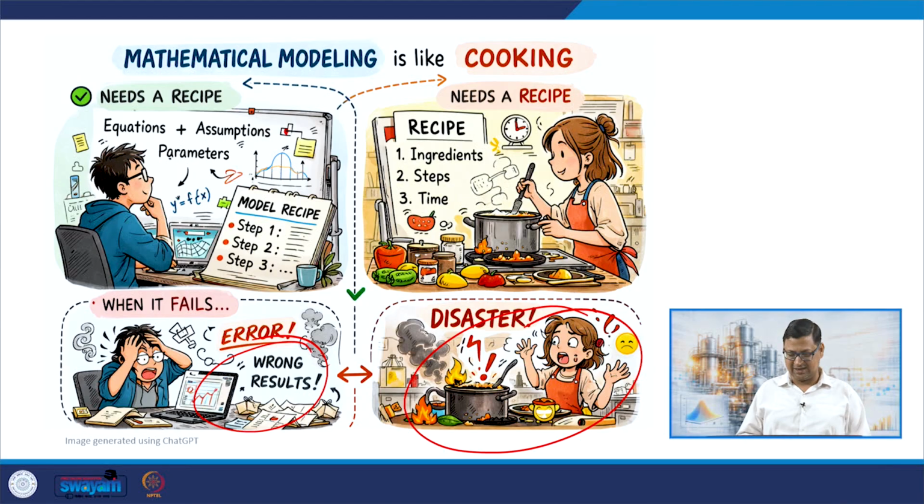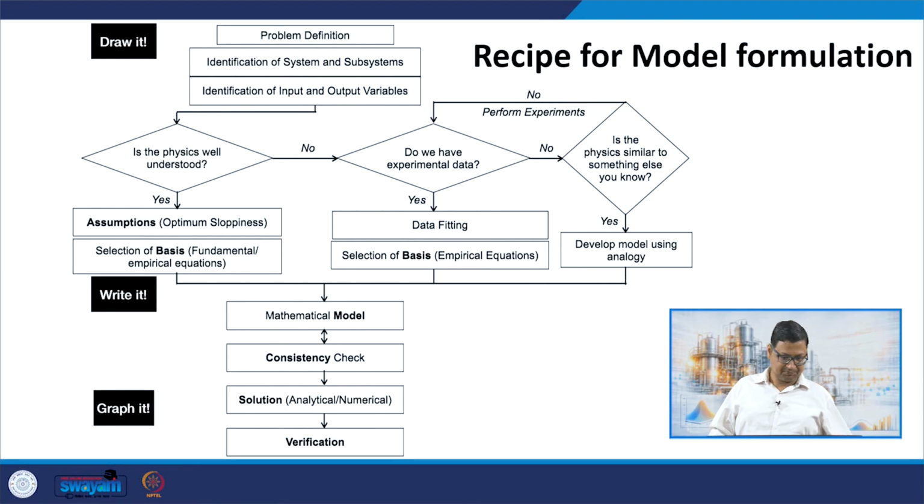So, just like cooking, we need to follow some kind of a recipe, so that we are not making a mistake in the development of the model, and hoping that the model will work for the system that I want to apply it on, and gives you the minimum possible error or acceptable error, whatever is our requirement from the model. So, this is the recipe which I propose, and we will work on that in this course by multiple